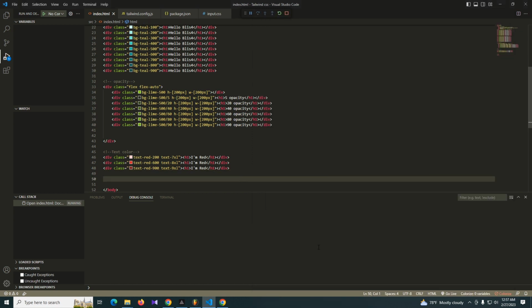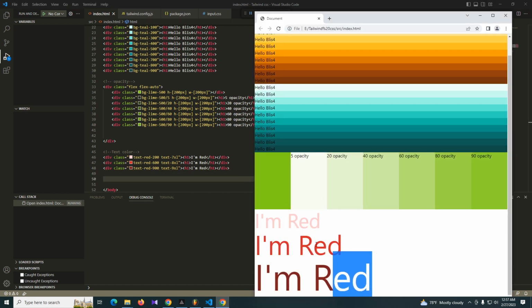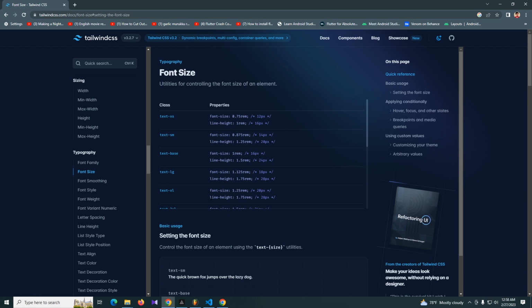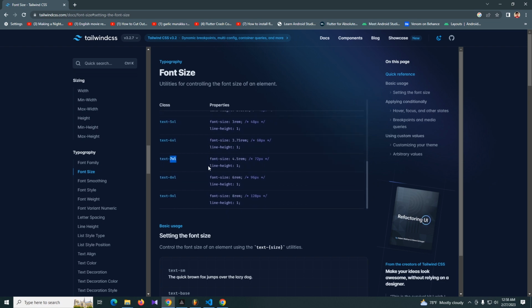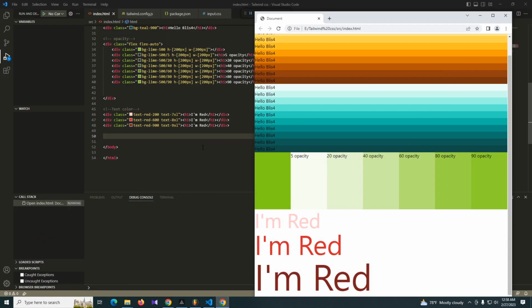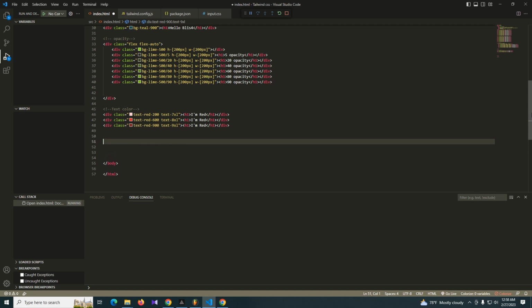Okay, and you can follow the same procedure and you will make your text bigger. And if you're not satisfied with this, you can use arbitrary values as I use for this, right? And this is about the font size, and you can use any text sizes you want. And you can use this for your paragraph. Okay, and let's create a paragraph,